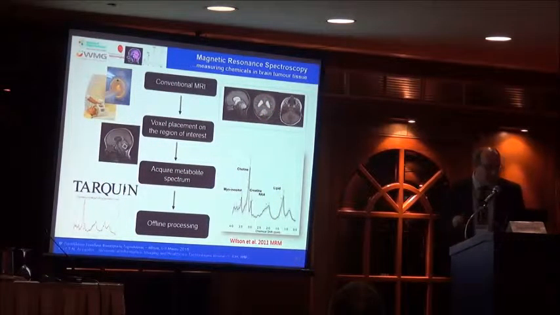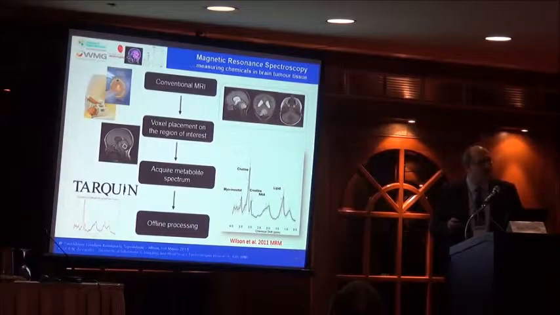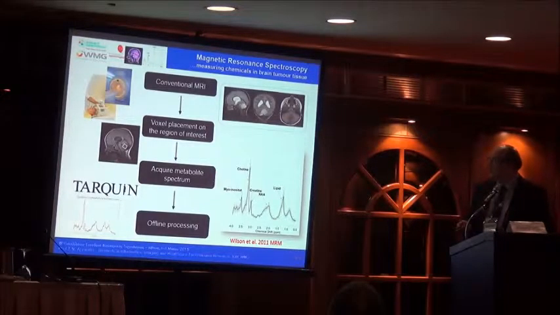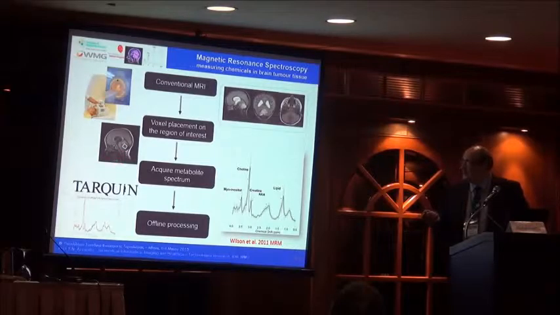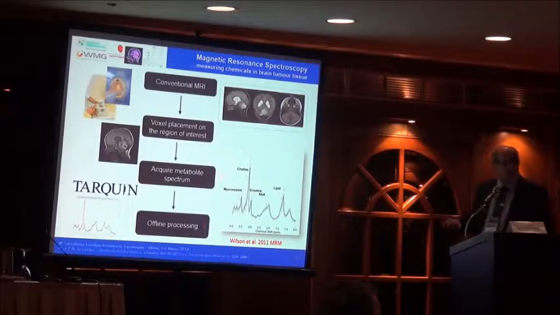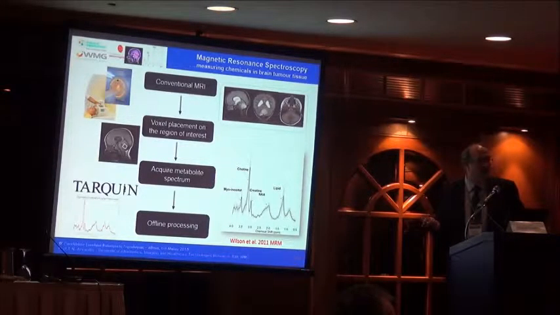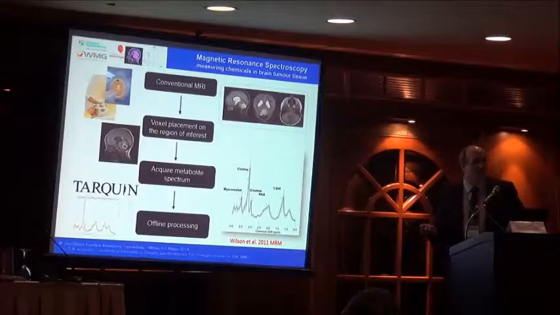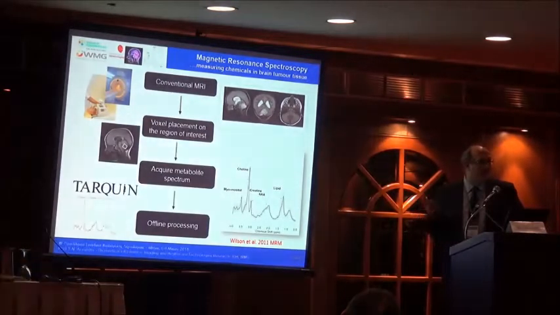So let's talk a little bit about these functional imaging techniques before I come to the point of how texture can be combined with these. In addition to the conventional MRI in the clinic, by using the same scanners, the same coils, now we can, on the basis of an image, place a voxel in the anatomy where the tumor is, and then in that region of interest, we can acquire a metabolic spectrum. It's like we do biochemistry. And NMR has preceded the clinical work, so it's like we bring the old chemical NMR into the clinic.